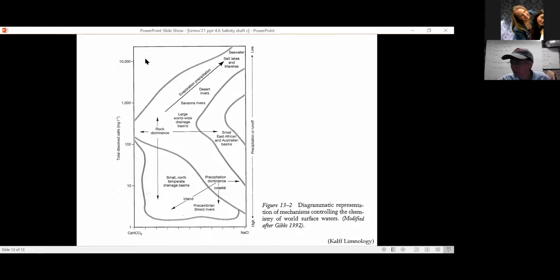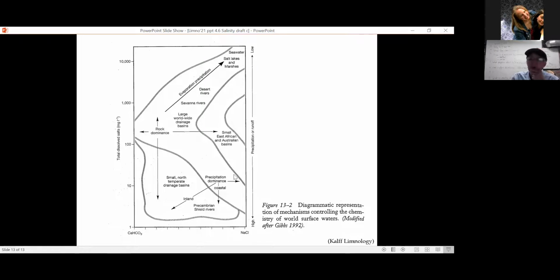Very salty water, there's nothing here. There's nothing in this upper left-hand corner because there are no lakes up here. You can't be this salty with calcium carbonate. So anything that is this salty is going to be dominated by sodium chloride. So there's this big diagonal trend, and an absence of anything in the top left corner, because that just can't happen. But below that zone where you reach the solubility limit, you can have a variety of different